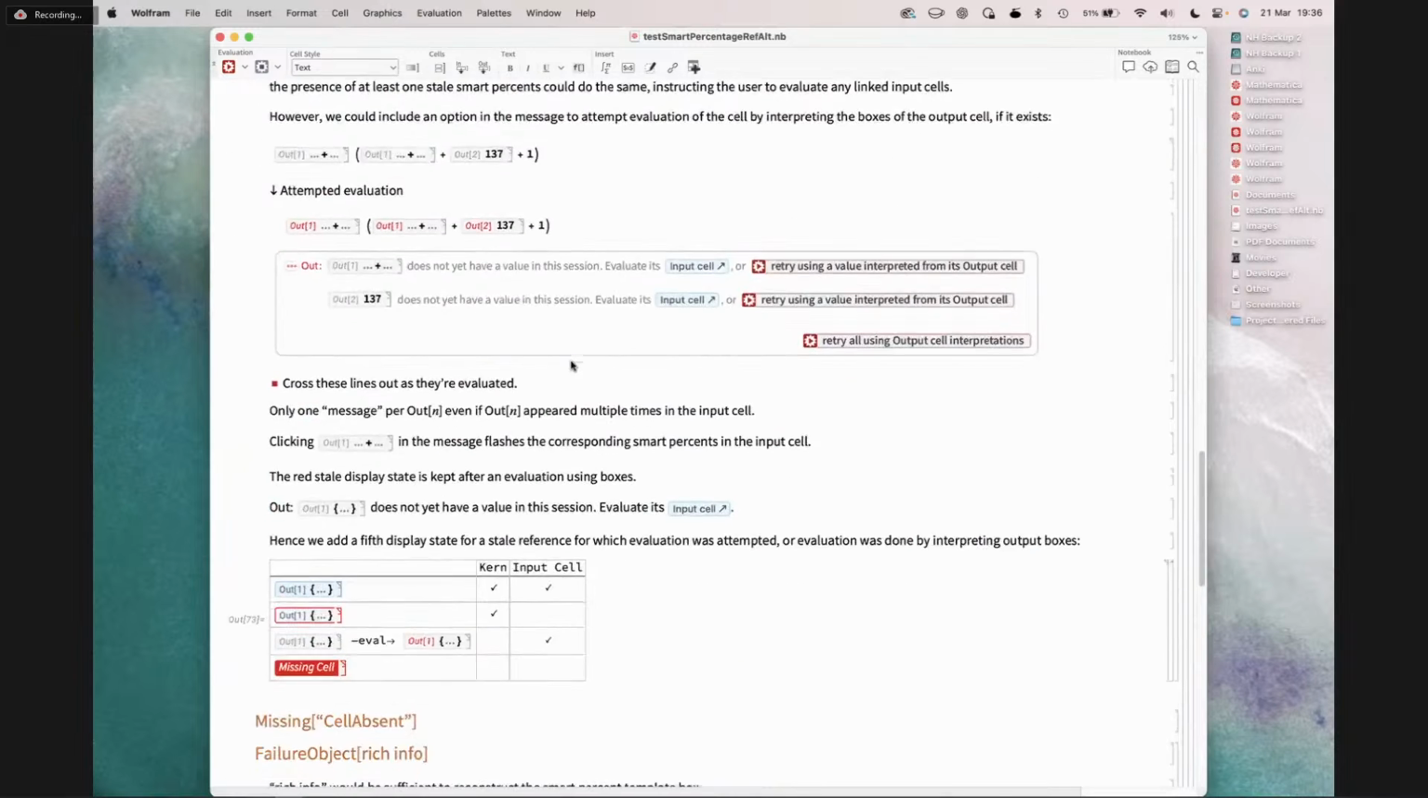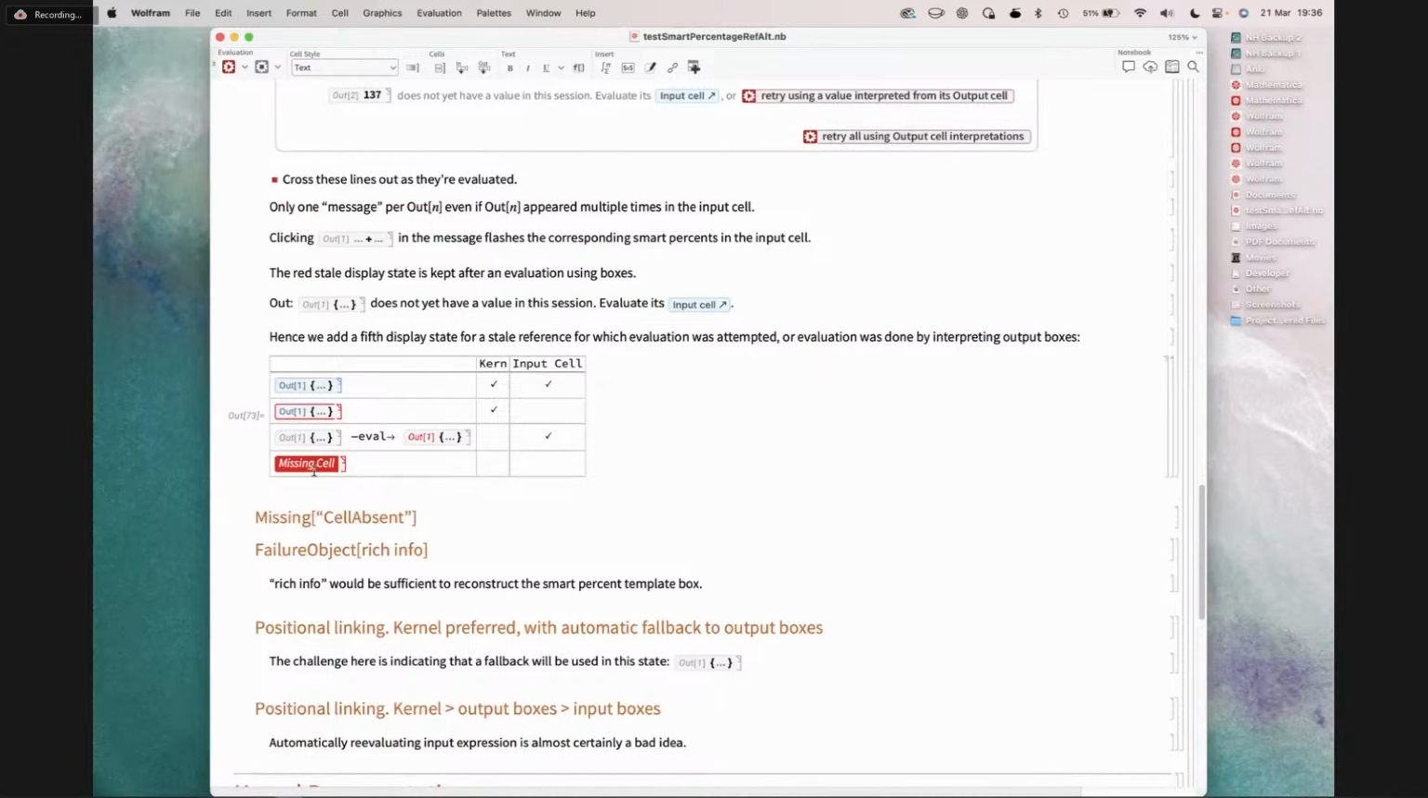Neither am I. So essentially, we've got this now. We've added a fifth state. And now you can kind of see why I went for this, because we're reddening the bracket if the cell's missing, and we're reddening the value if the